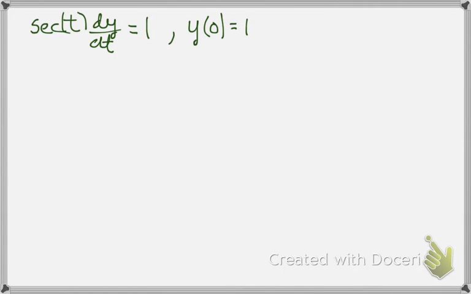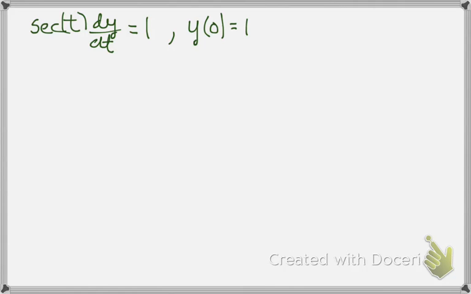So we have the following differential equation: secant of t times dy/dt equals 1, and the initial value y of 0 equals 1. And we want to see if we can solve this with separation of variables. So with separation of variables, we want to get all the y's on the left-hand side and all the t's